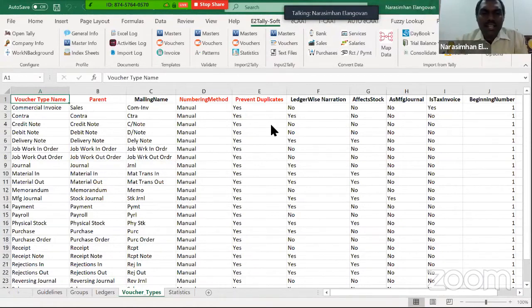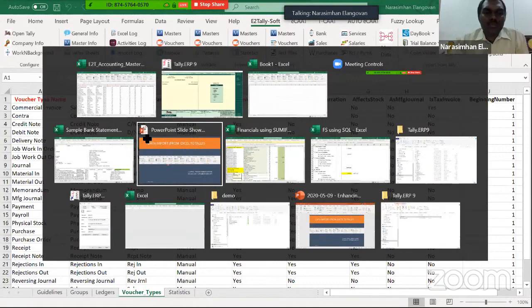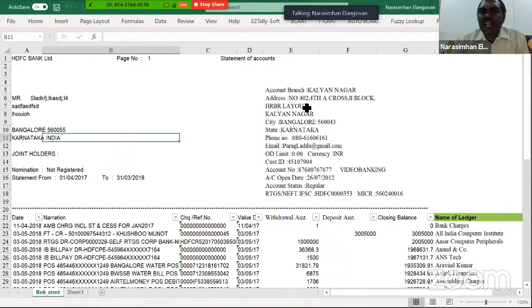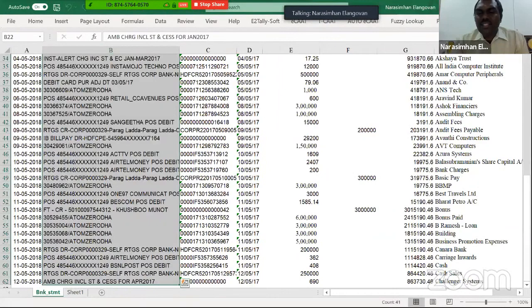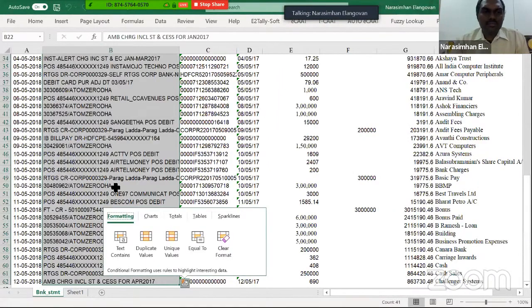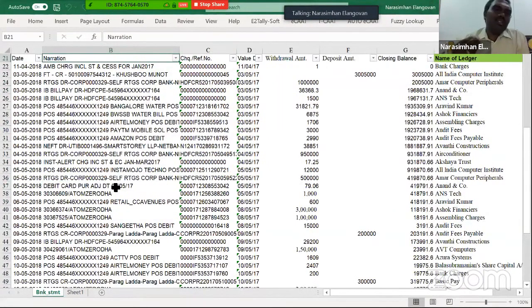The bank statement a client has given me. Let us presume this is HDFC Bank. The client has given me some bank statement and it looks like this. Now there are roughly about 41 transactions in this particular bank statement. And it might take normally about 1 hour, 2 hours, depending upon the pace at which somebody is entering.